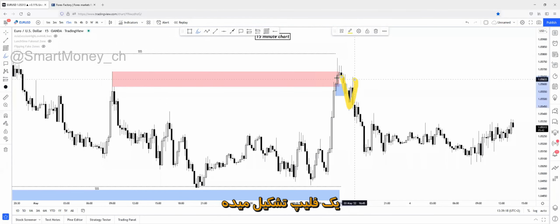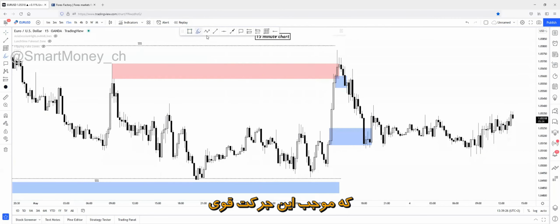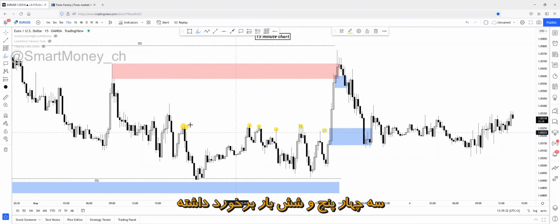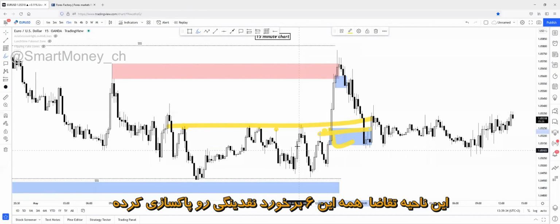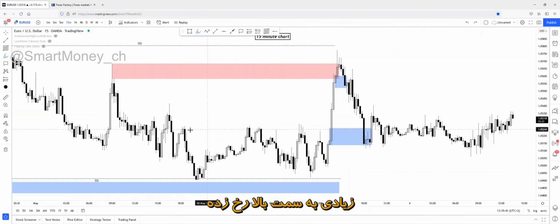The next recent demand zone was here. This was the demand zone that caused this huge inversion movement to the upside, and swept loads of liquidity from about this region. First step, second, third, fourth, fifth, sixth step. This demand zone swept 6 steps of liquidity, and swept loads of other liquidity to create a change of character in several places.